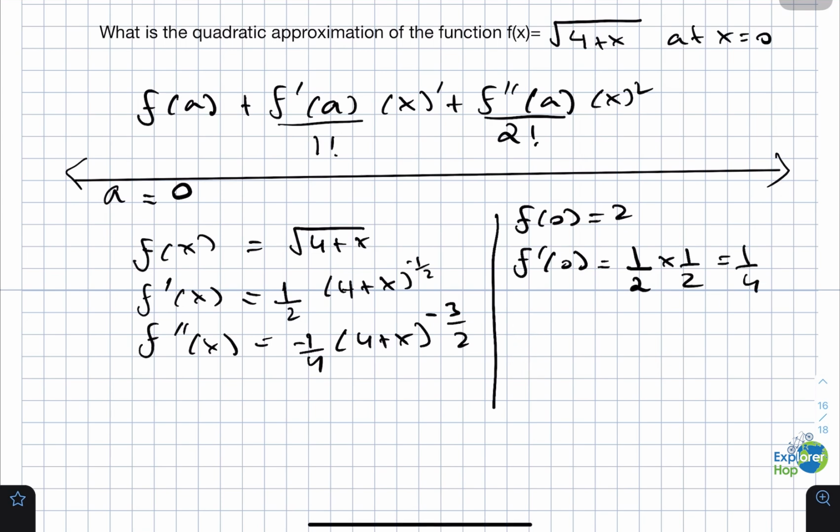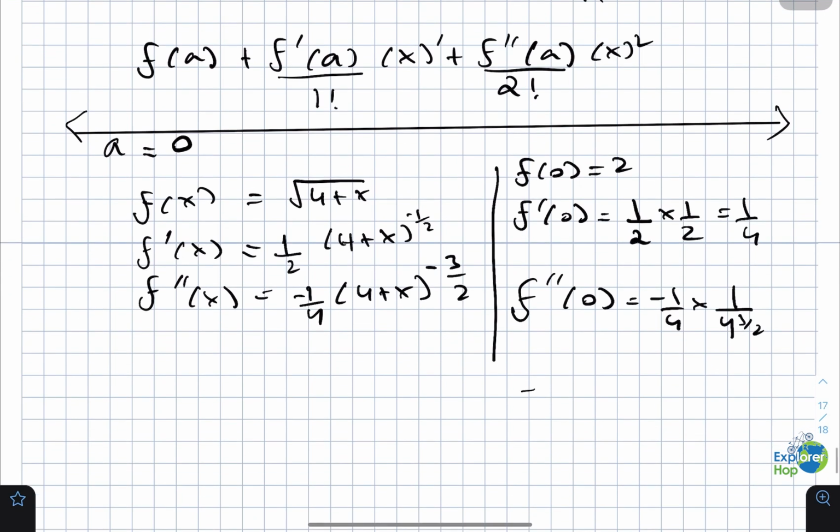Now let's substitute in f double prime of 0. This would give us minus 1 over 4 multiplied by 1 over 4 to the power of 3 by 2, which is equal to minus 1